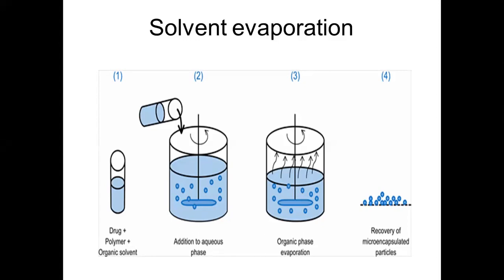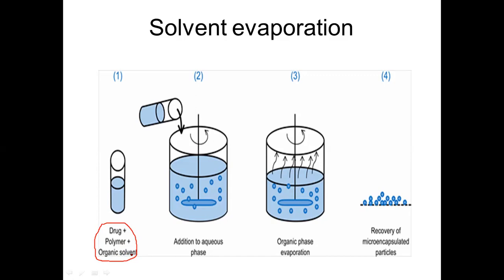So basically, the solvent evaporation, that name itself gives the mechanism involved under the solvent evaporation method. Here we can see first the drug and polymeric organic solvents they have prepared. That means in organic solvents we have added our drug and also the material that is to be coated. The process is carried out in a liquid manufacturing vehicle. So whatever the core material to be encapsulated is dissolved or dispersed in a coating polymer solution.